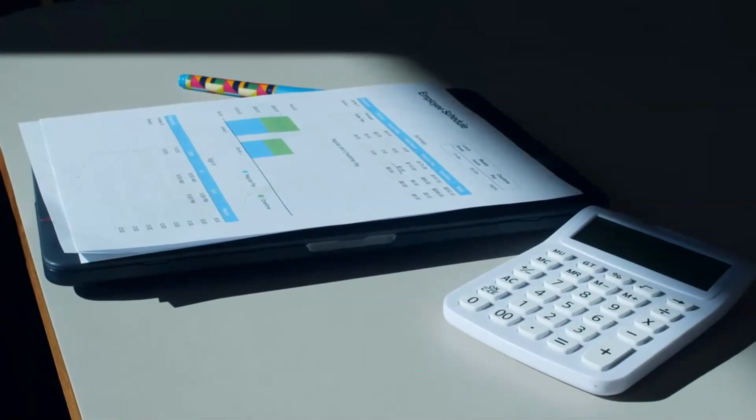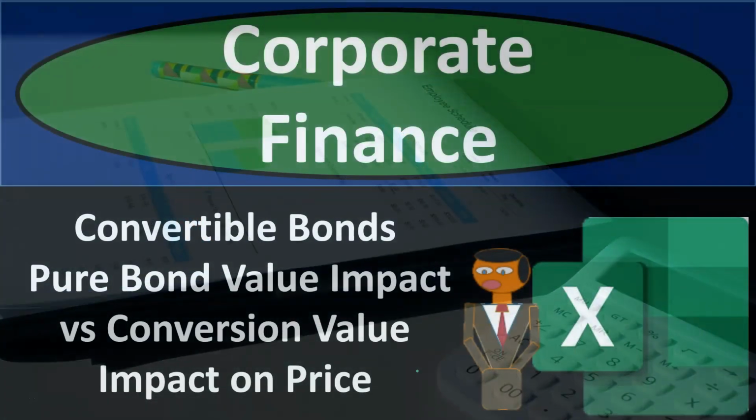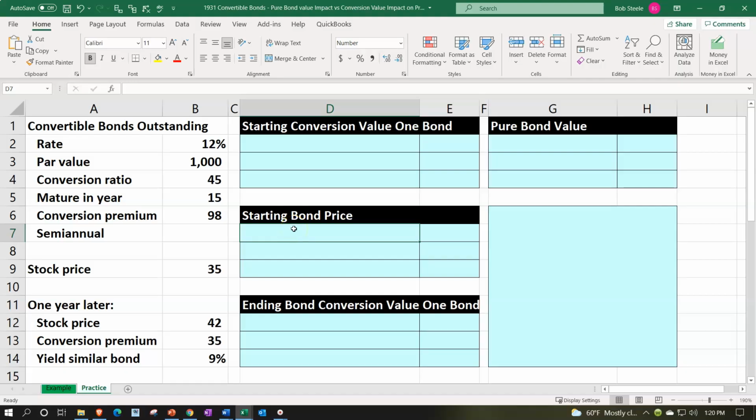Get ready, it's time to take our chance with corporate finance. Here we are in our Excel worksheet. If you have access to the Excel worksheet and would like to follow along, note that we're in the practice tab as opposed to the example tab, the example tab in essence being an answer key. We have the information on the left-hand side. We're going to populate that into the blue area on the right-hand side, considering our convertible bonds, those being the